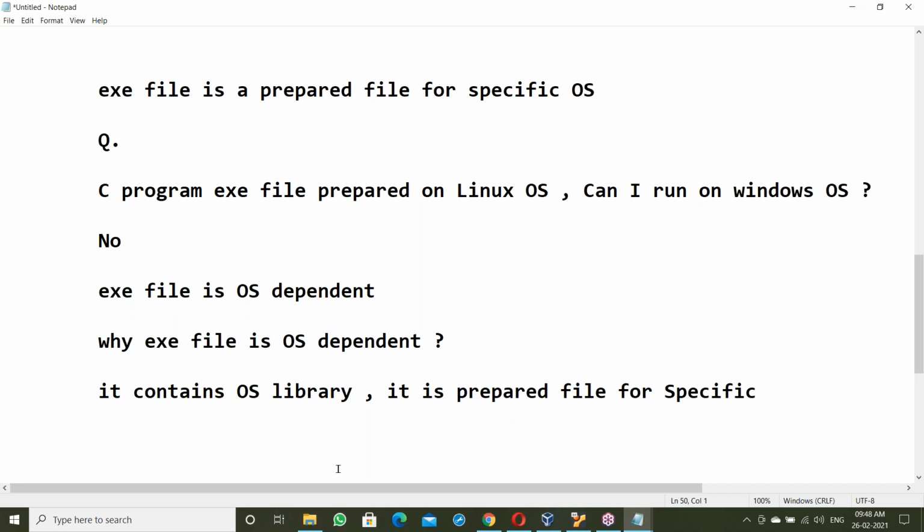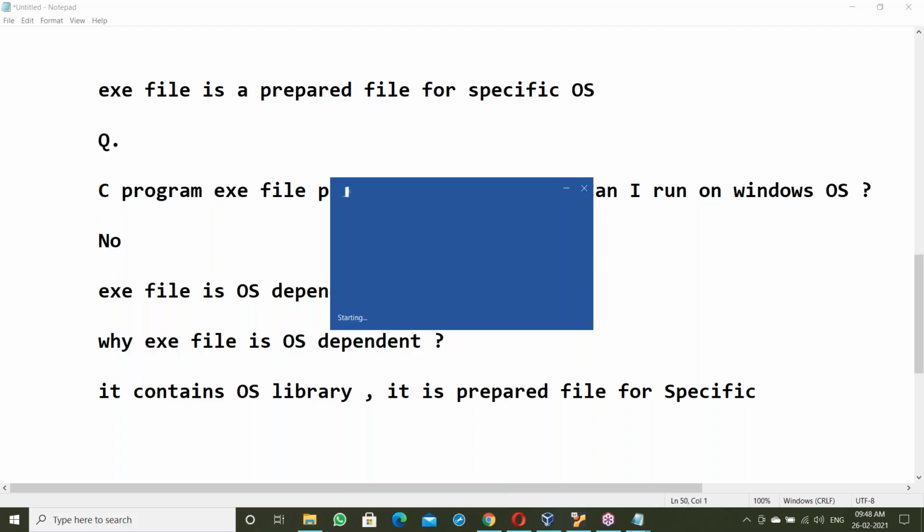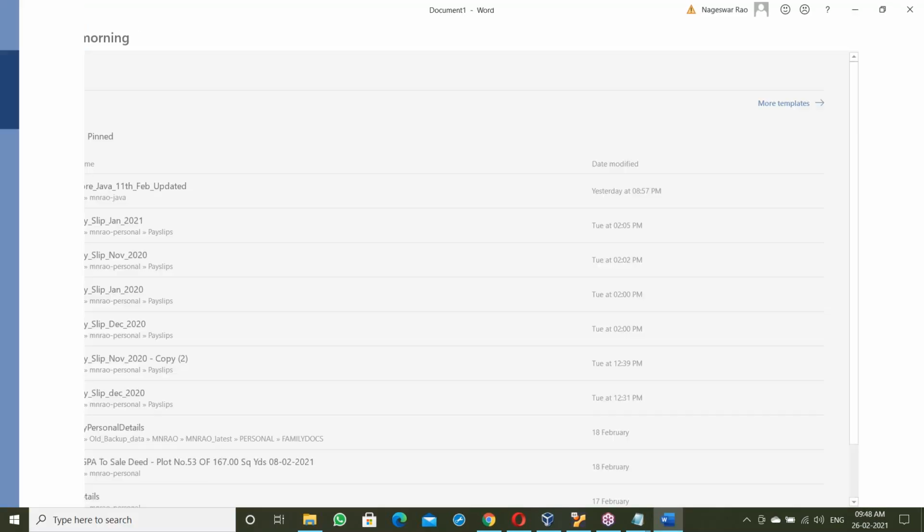Now let us see how an exe file works. Let us take some platform.